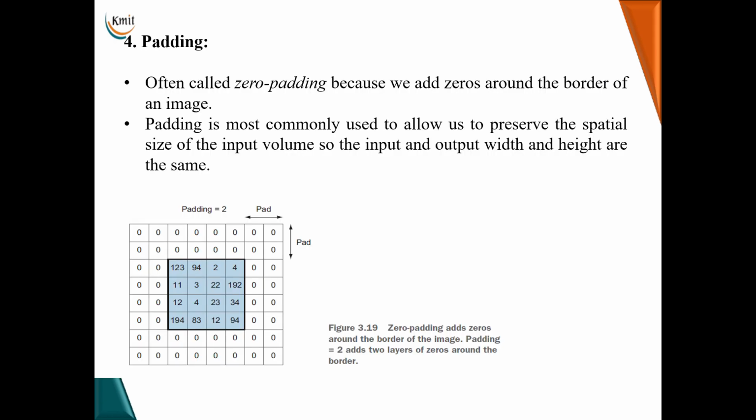Coming to the fourth hyperparameter, which is called padding. Padding, also called zero padding, because we will add zeros around the border of the image. Now why do we go for padding? It is to preserve the spatial dimensions of the input image. We make use of padding. Now what do we mean by spatial dimensions is, in the previous slide we have seen that a 5 by 5 image with a 3 by 3 kernel and stride size as 2,